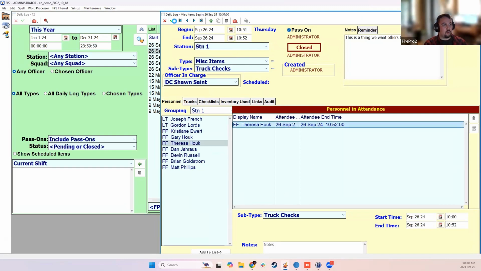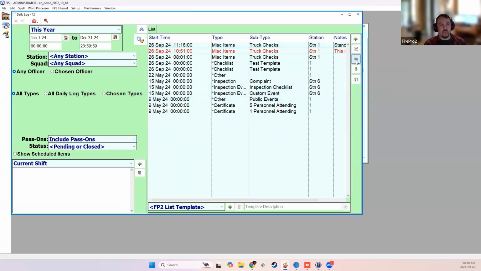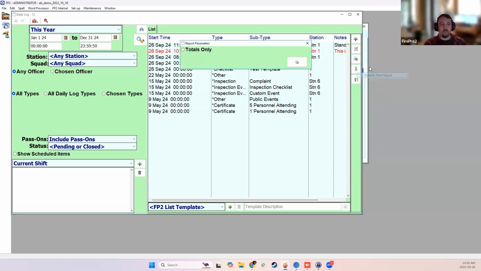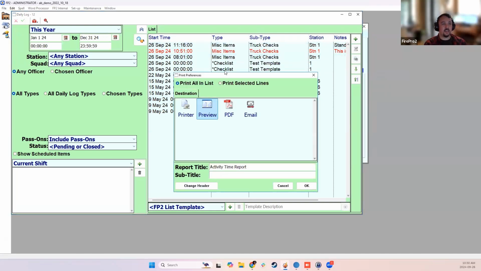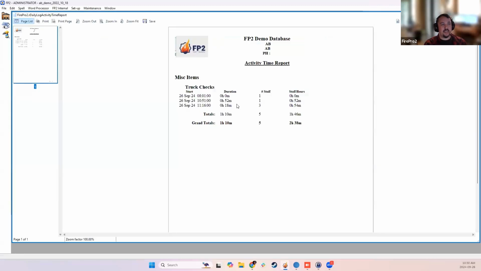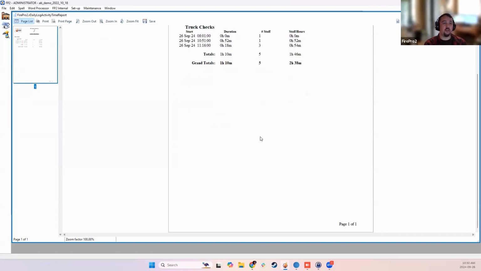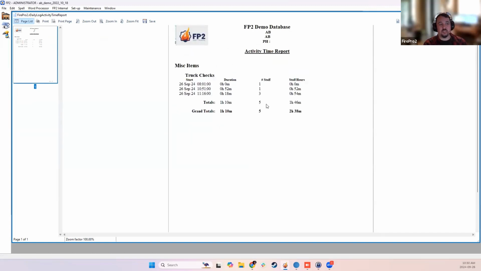And those tasks can be broken down on an individual person to specific subtypes of activities. So you can then generate a printed report for activity time, which is going to show you exactly how much time was spent on each task, how many staff did it, total numbers of staff hours that were used, and it'll give you a detailed breakout of exactly what everybody did and how much time was spent